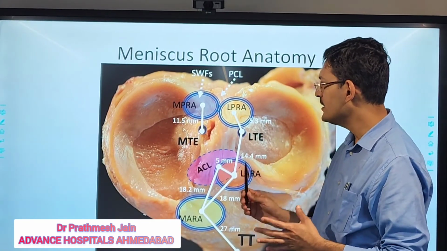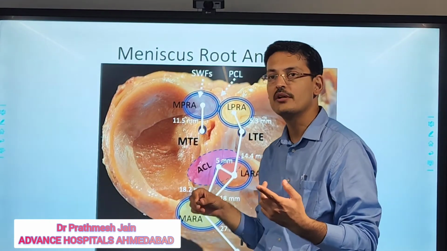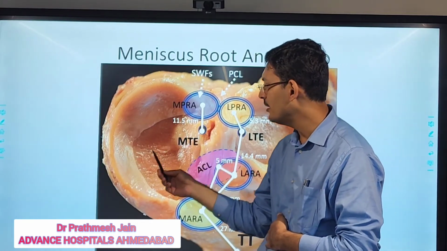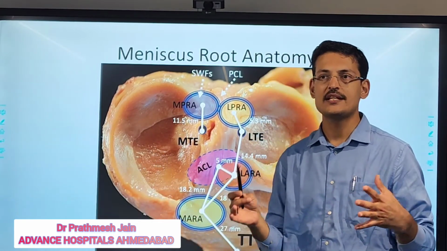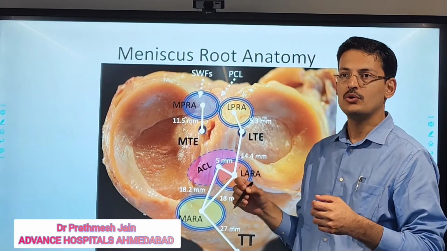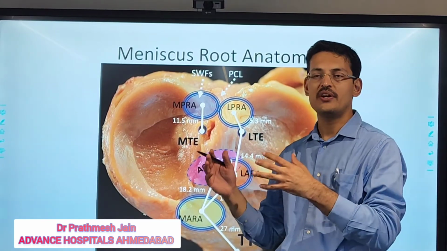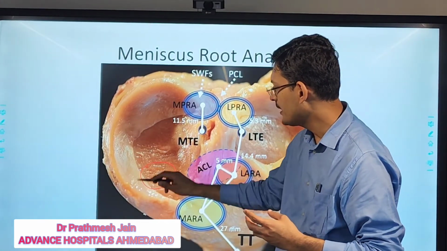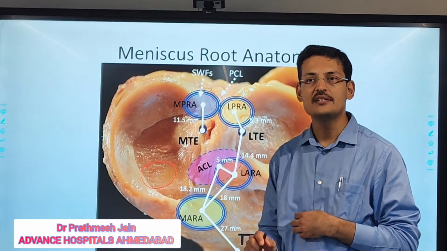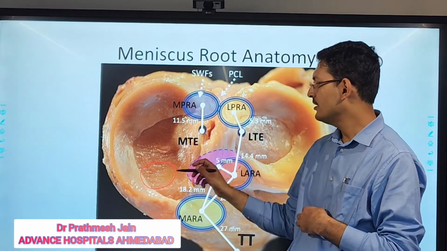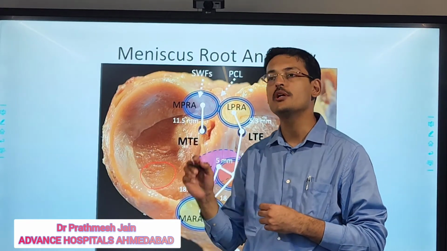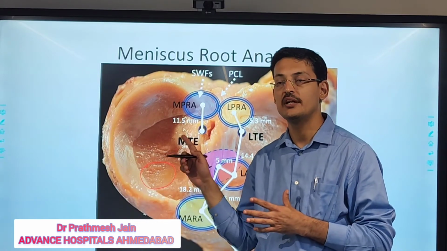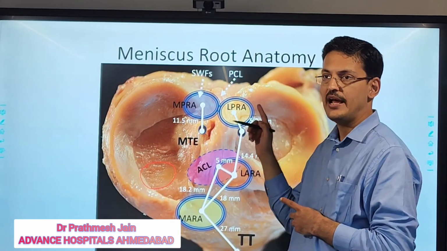And actually what we have seen is the direction of extrusion is not actually that medial, but the direction of extrusion is actually anteromedial. If any one of you has experience of unicondylar knee, so an Oxford knee, the classical indication they tell is an area in which there is an anteromedial arthritis. The classical indication to do a unicompartmental knee replacement surgery is an anteromedial osteoarthritis of the knee with an intact ACL and an intact lateral compartment.